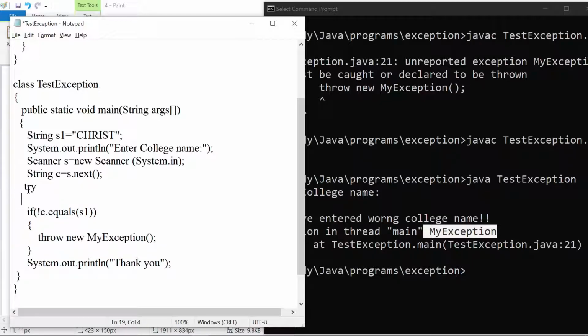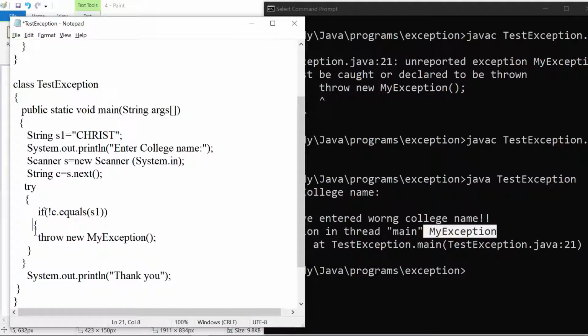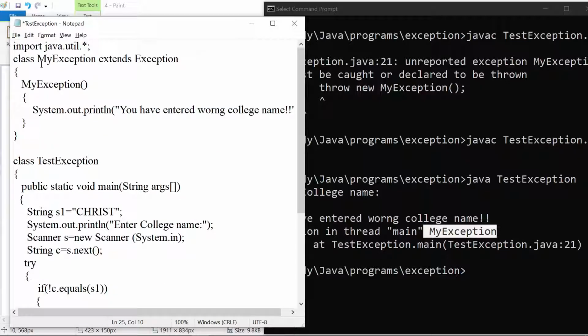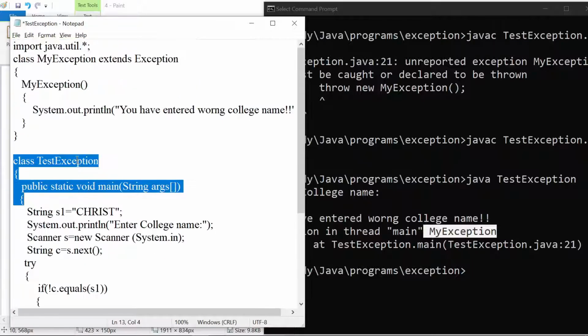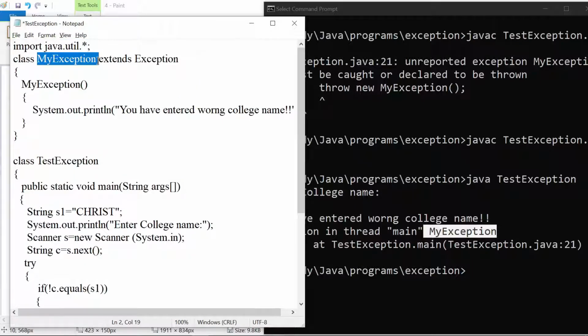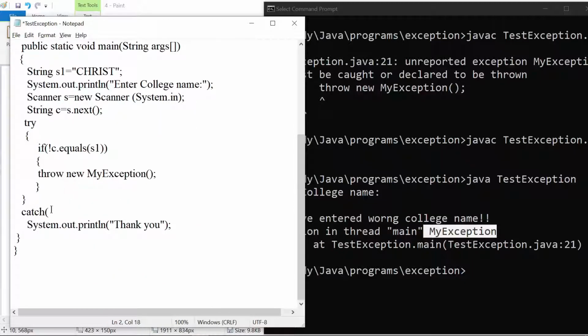I hope you all are following these things. Okay, so try is from here to here. And whenever you are writing try, you need to have its associated catch. Now what type of exception is it going to handle? My exception type only. So let us handle my exception object. In the last class we learned arithmetic exception, that is predefined, now it is user defined exception, right?